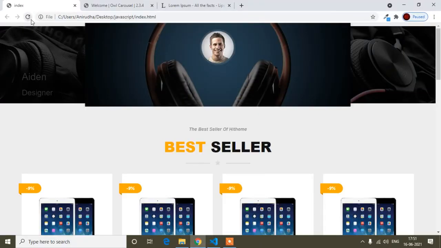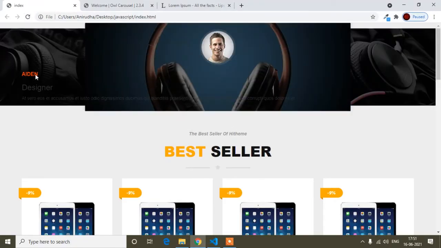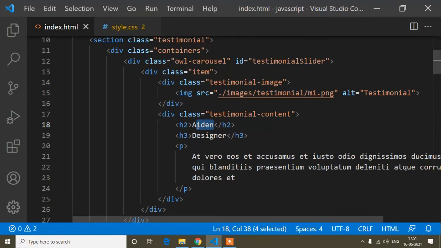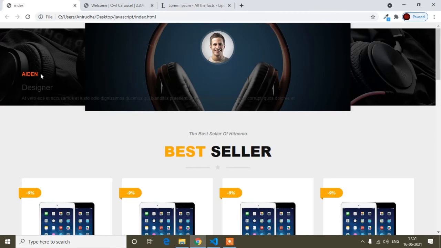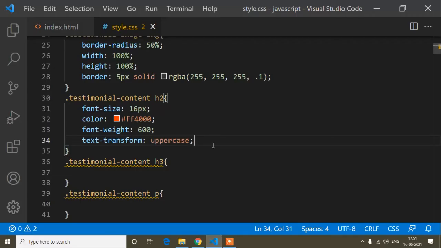Okay, if I refresh, now you can see all the letters are capital. Here I have written it this way, first capital and after that all small, so that is called capitalized. But when I mention uppercase in CSS, the view will be uppercase, every letter is capital. So this one is done.